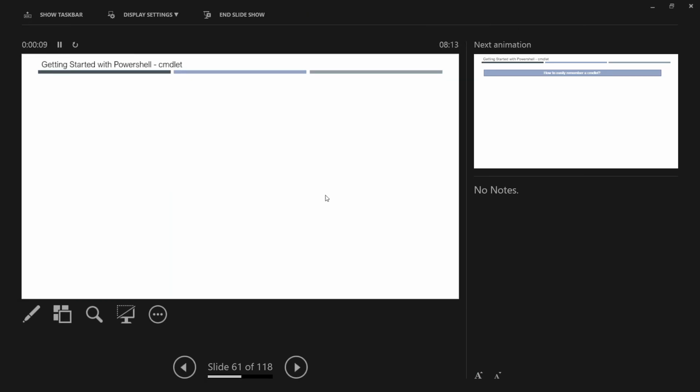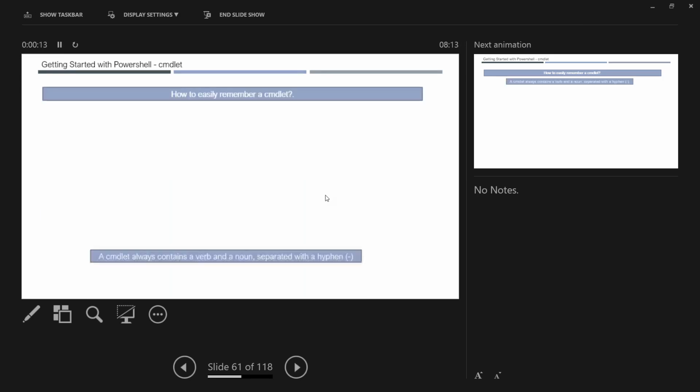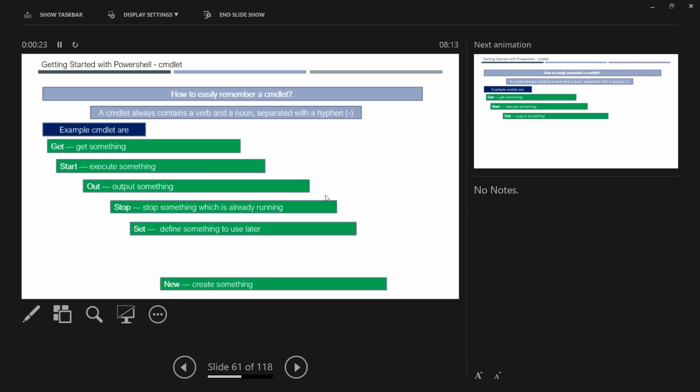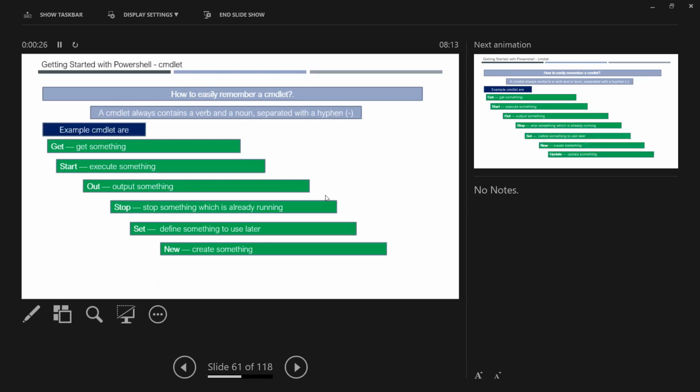So we already seen what are the commandlets or CMDlets, and we also seen how we can easily remember or search for different commands from the PowerShell ISE. I would recommend using PowerShell ISE if you are doing any scripting, because that's where you have the intelligence and everything.